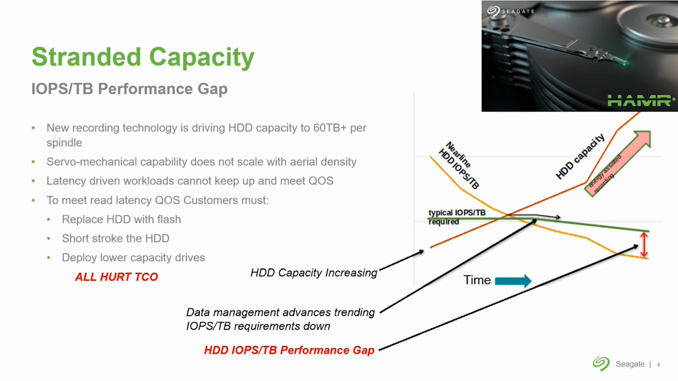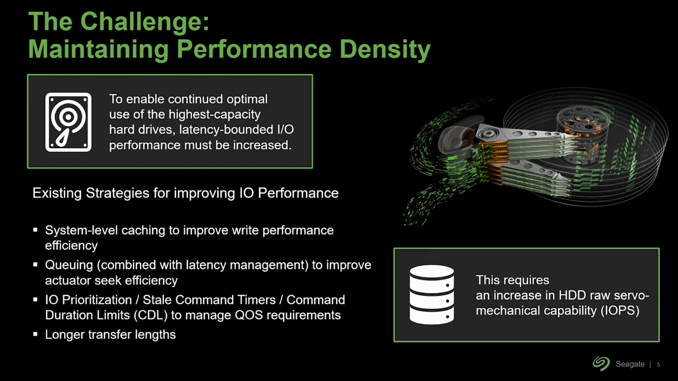So this is not a sustainable thing, it's not a sustainable path that we're on. So the challenge is performance density. And there are other strategies, and we see especially our biggest partners, some of the big CSPs who have a lot of resources, really doing everything they can to squeeze the performance out of the drive, even with lower IOPS per terabyte. System level caching,